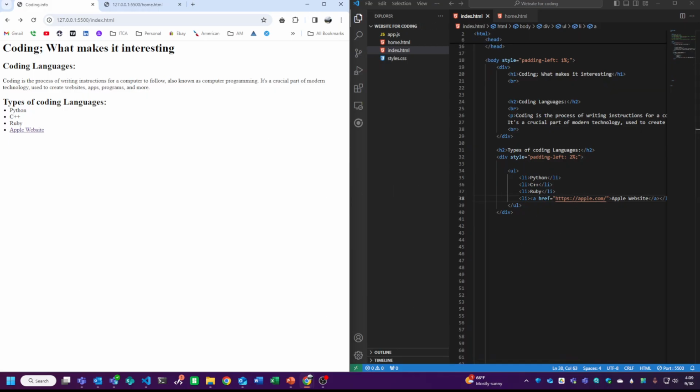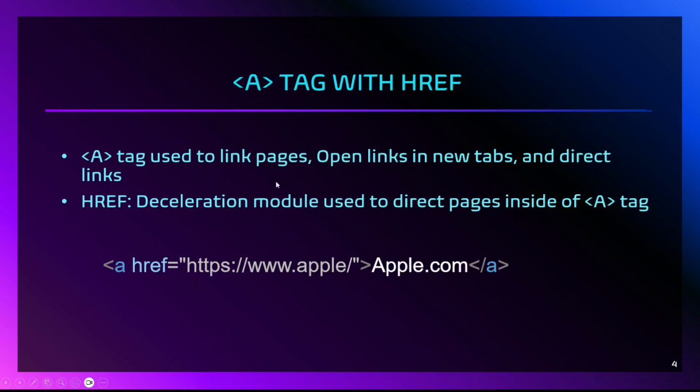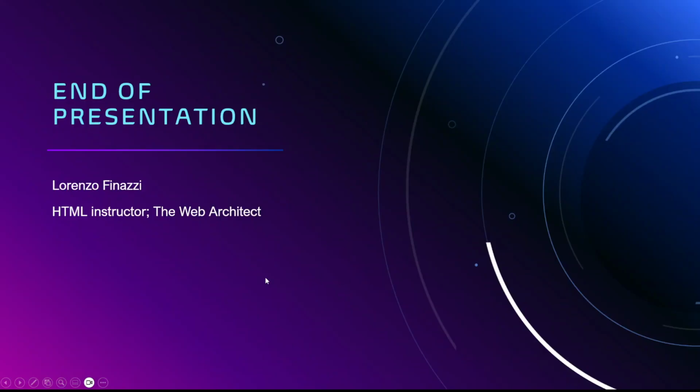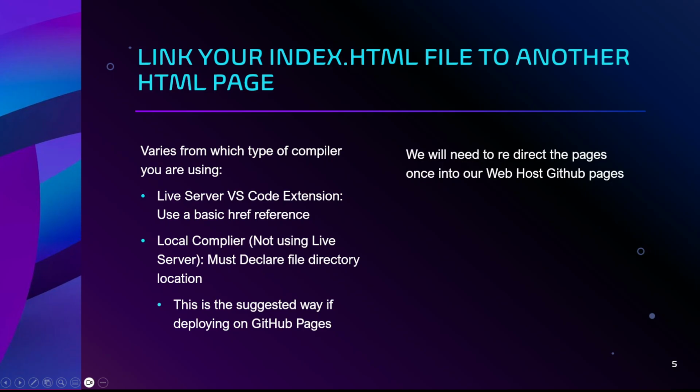Now this also can be taken very far because you can do so many things with this. It is so important that you learn this. So now link your index HTML file to another HTML page. This varies depending on which compiler you're using. Live server just uses a basic href reference, and with a local compiler, so you're not using live server, you must declare the file's direct location. This is adjusted if you're deploying on GitHub Pages. Oh, what am I doing? So in order to do that,